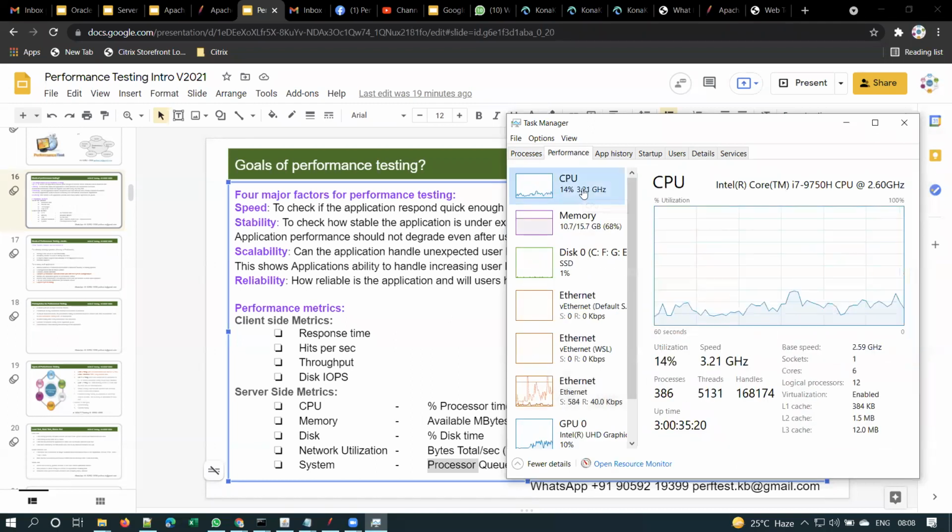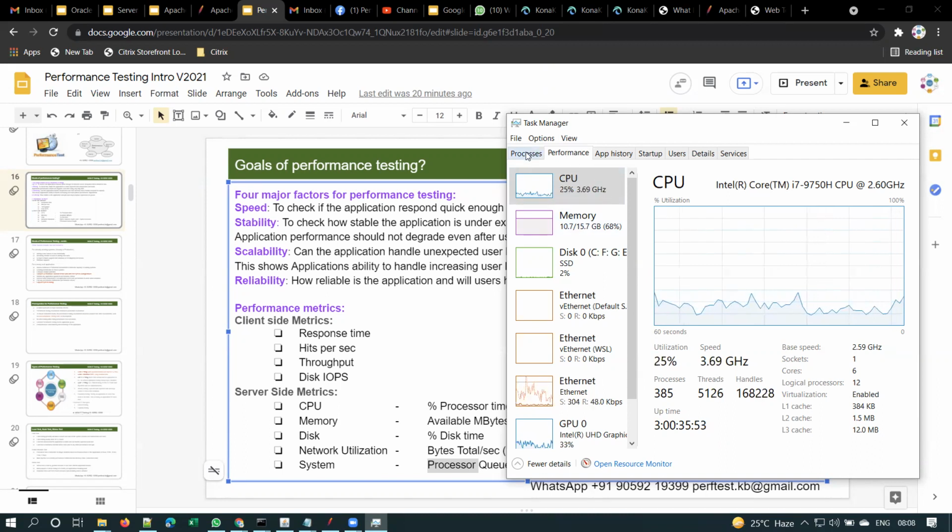And if you observe my CPU, how many logical processors are there? See here, there are 12 logical processors, right? Means there are 12 queues here. There are 12 counters here. If you compare this with the movie theater, there are 12 ticket counters here, and 12 counters can serve 12 users at a time, right? So in the same way, I have 12 processors here, and it can serve 12 applications at a time.